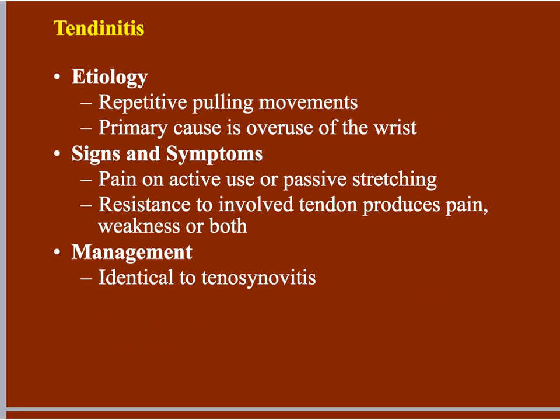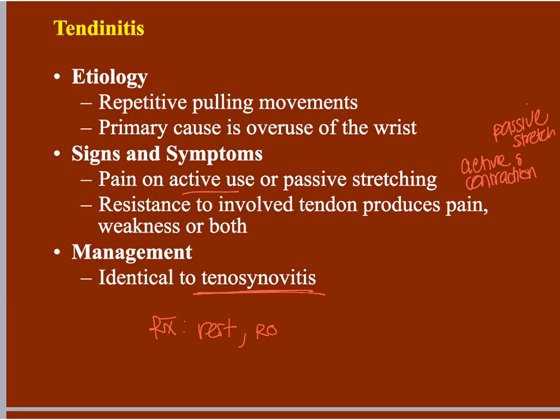The next pathology we're going to talk about is tendonitis. It's caused most often by repetitive pulling or tugging motions because the wrist is being overused, so it's an overuse injury. We would treat a tendonitis similarly to a strain, in that the patient is going to complain of pain with active contraction and passive stretch. That will tell you the muscle group that's injured, which would be associated with the tendon that would be compromised. So what do we do for these individuals? We treat them similarly to tenosynovitis. Remember that? And the treatment for tenosynovitis was what? It was rest. It was work on range of motion. It was to reduce